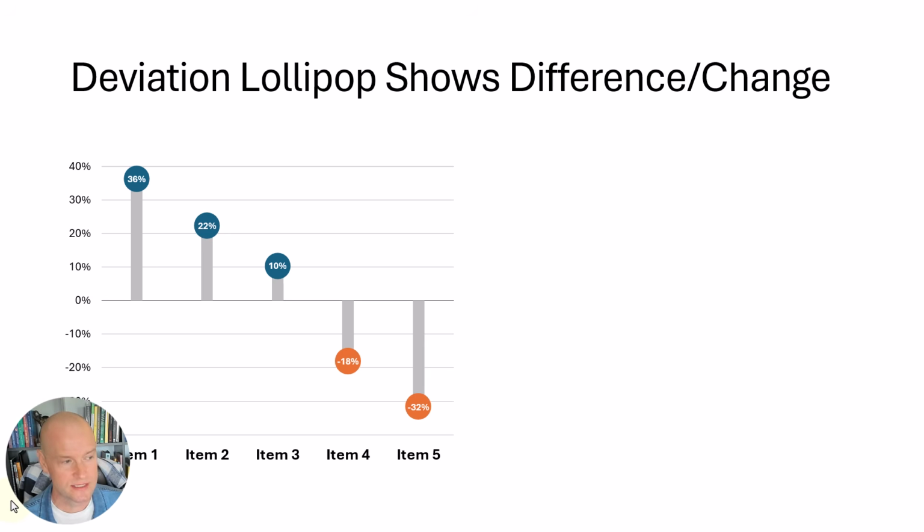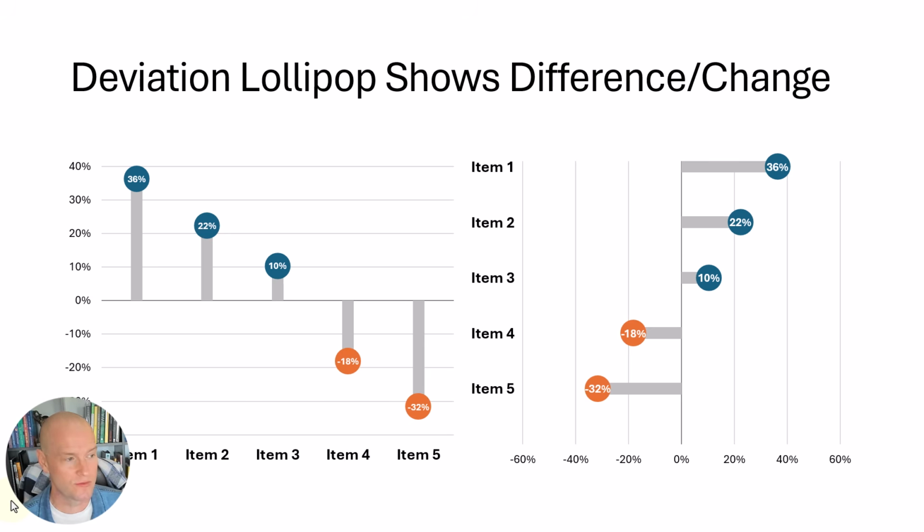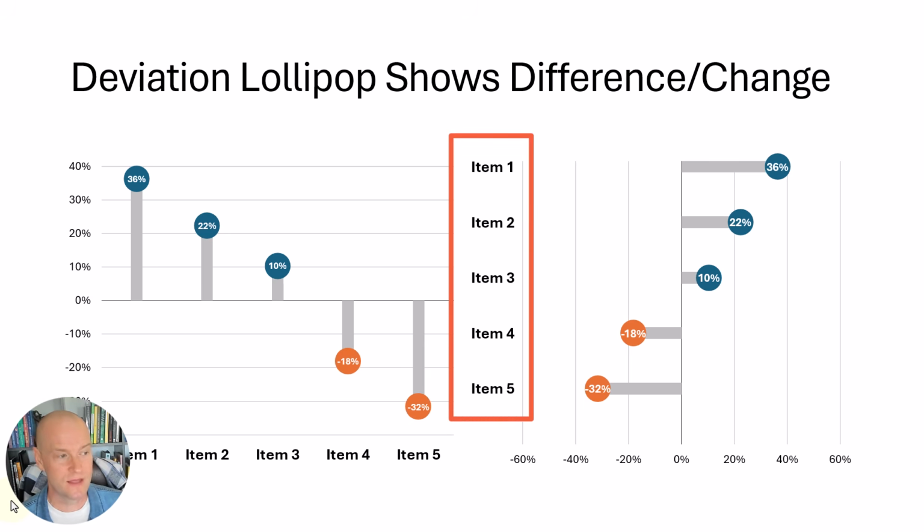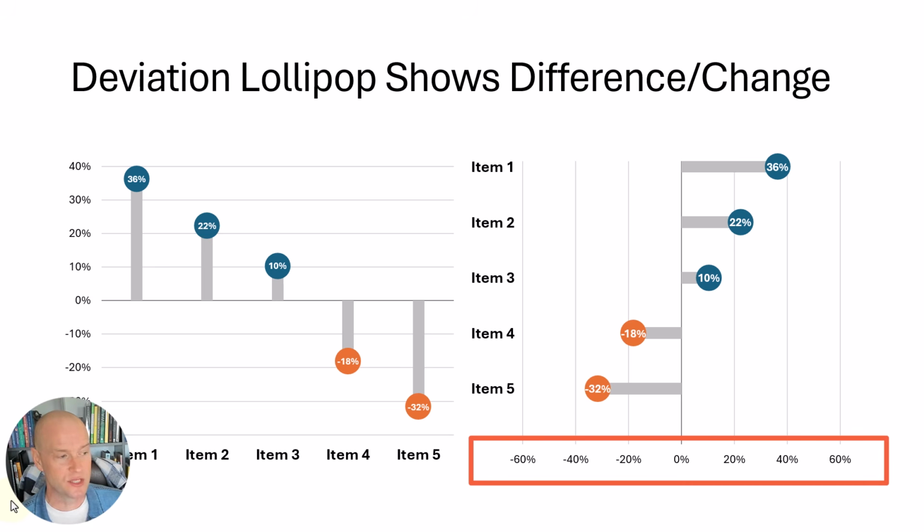So it's going to look something like this. Once I click over there, it's going to be just like this. So we're going to have our item labels there on the left-hand side. That's going to be our vertical axis there, our y-axis. And then we're going to have our x-axis. And you can see that the